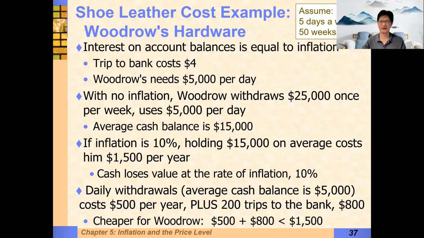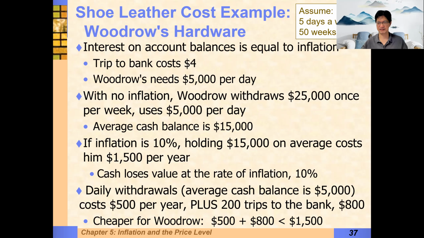So he says, wow, 1,500 a year because I'm holding money. That's quite a lot of money. Let me try and reduce my cash holdings. So instead of going to the bank once a week, he goes to the bank every day. If he goes to the bank every day, he has to pay $4 a day. So instead of paying $4 a week, he has to pay 4 times 5. He has to pay $20 a week, which is $16 a week more than he would otherwise